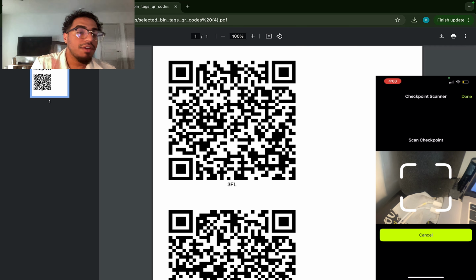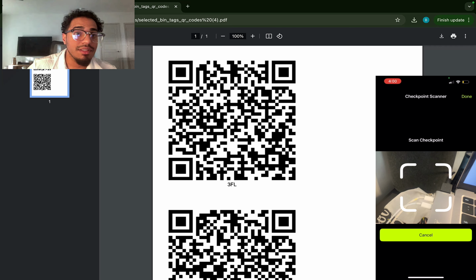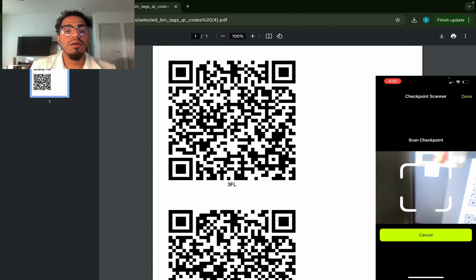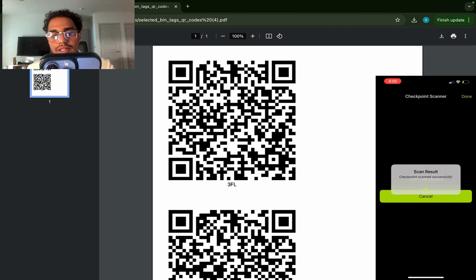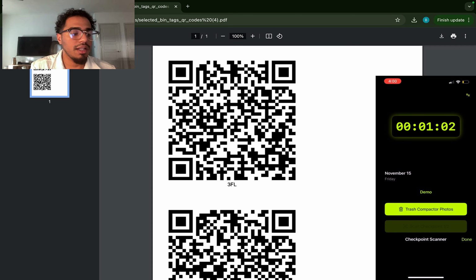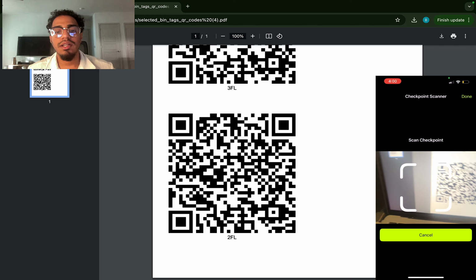What happens if I'm an employee and I want to finesse the system? So I'm just going to print out all these checkpoints from my car. Well, you have to scan every checkpoint at least once. I just scanned the same one twice and it still says 1 out of 2. But if I scroll and scan this one,